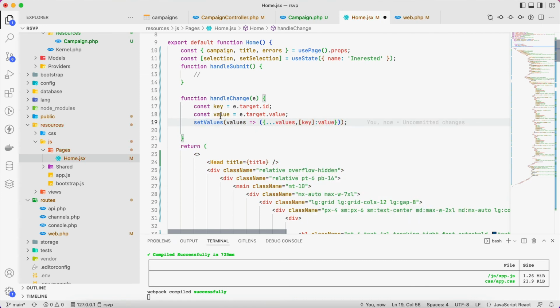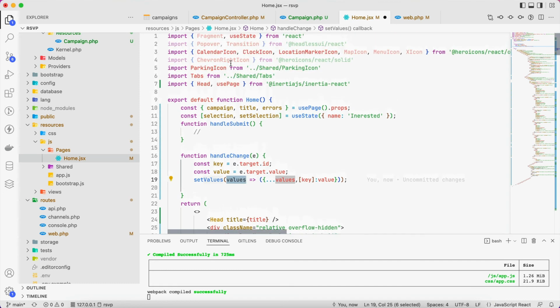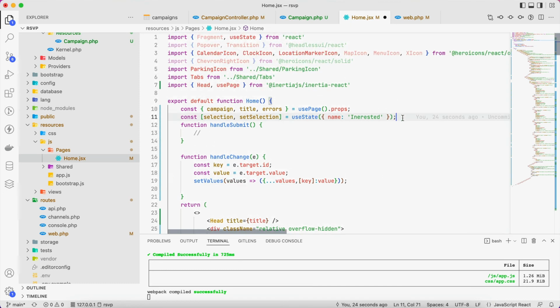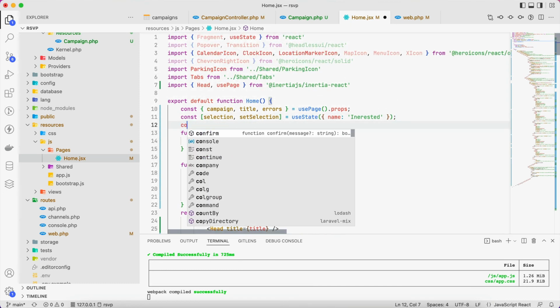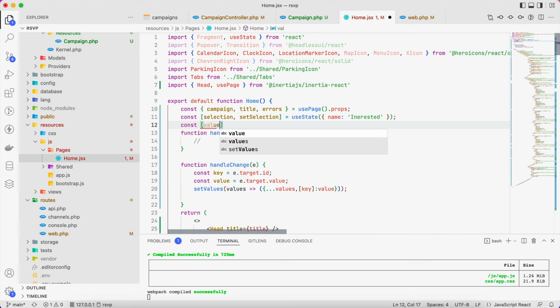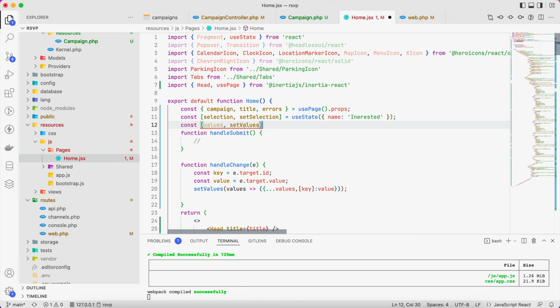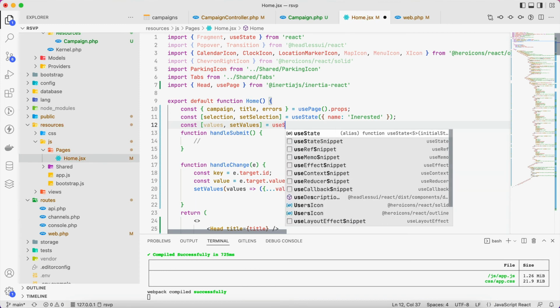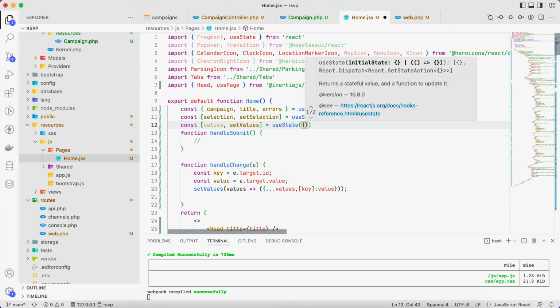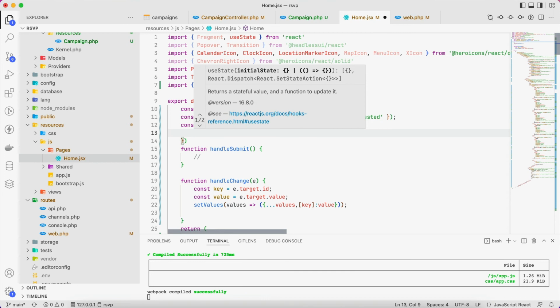So basically here we are going to create values, a setter and a getter, setValues and values, and it will be changed to whatever value we pass to it through the handle change. First we have to do this for the values, and its initial state is going to be